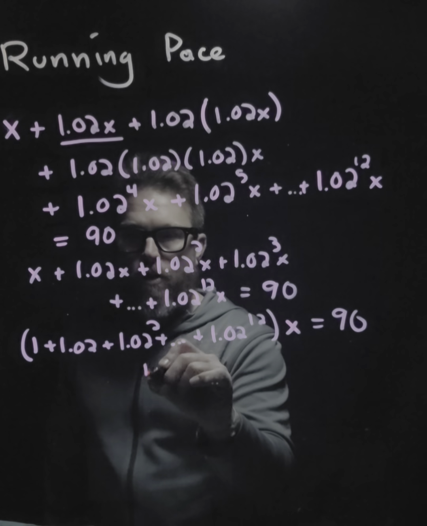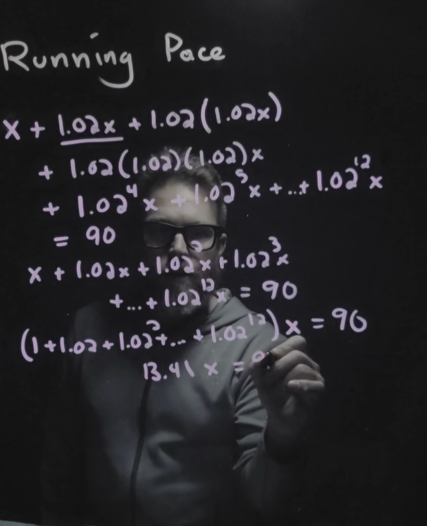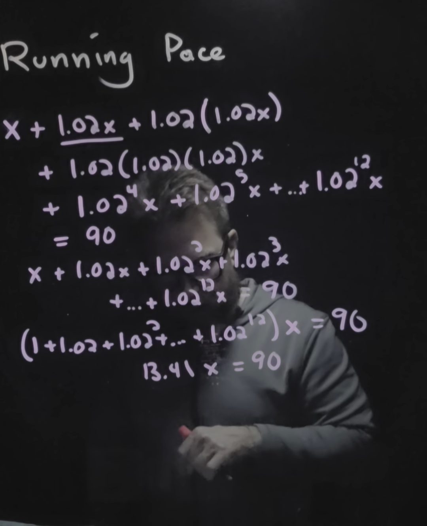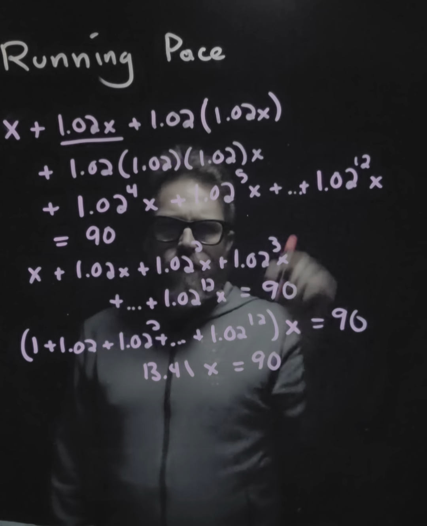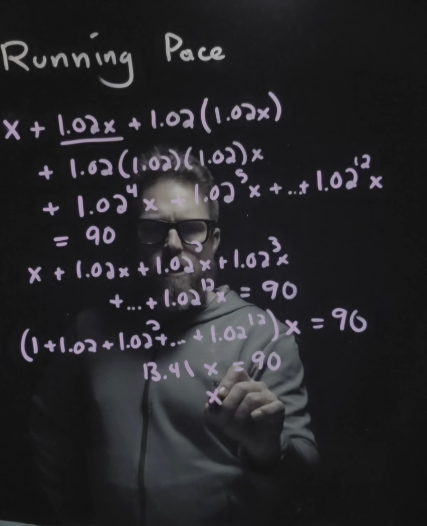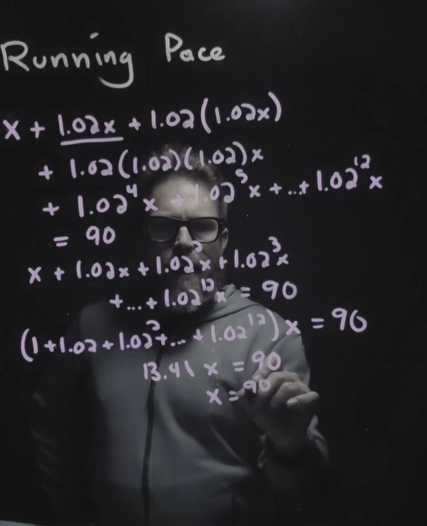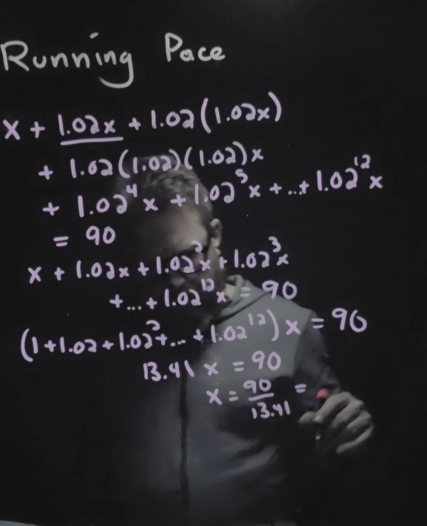I'm just going to say 13.41 multiplied by X is going to be equal to 90. I can take more digits, but I'll just use this one. We're approximating anywhere. We're not even using 13.1, we're using 13. So then that means X is going to be equal to 90 divided by this 13.41, which is going to give us